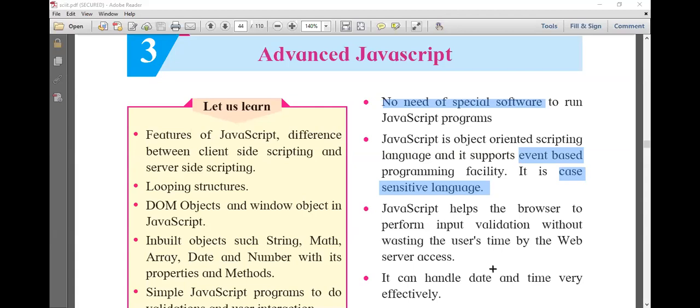When the error message comes on screen, you can correct it as per the error. Okay, so here JavaScript helps the browser to perform input validation.